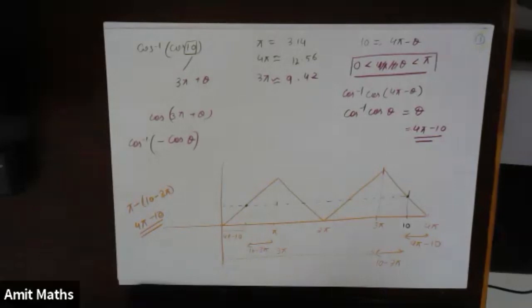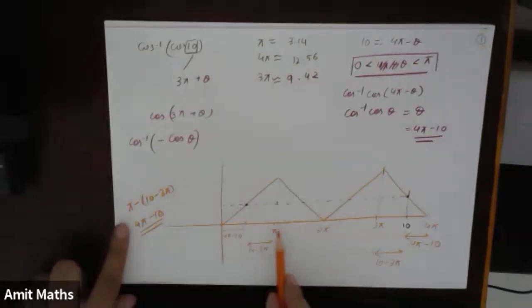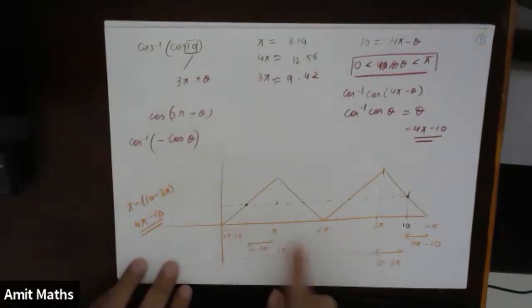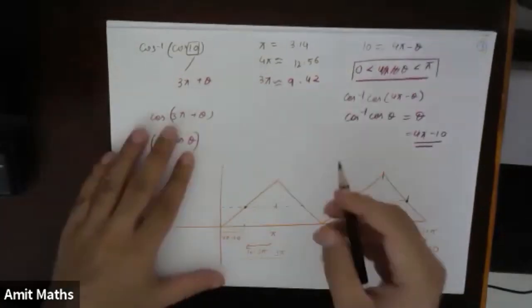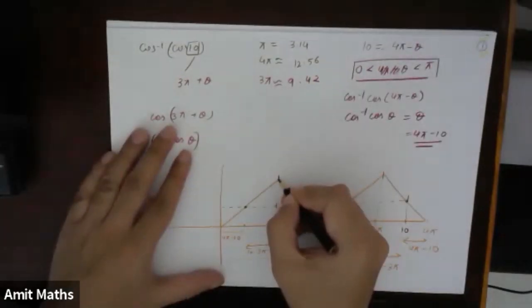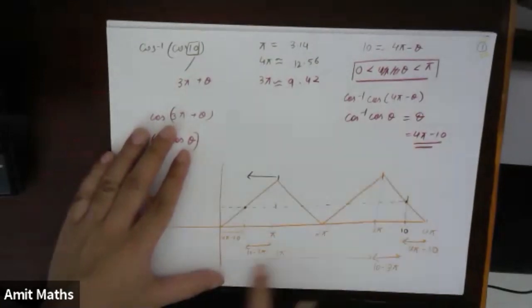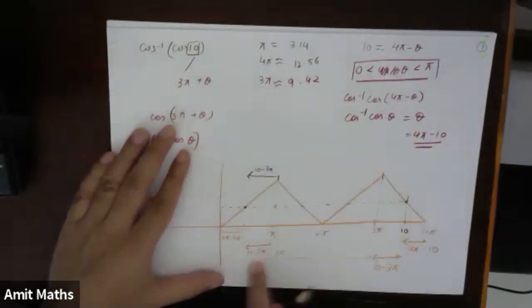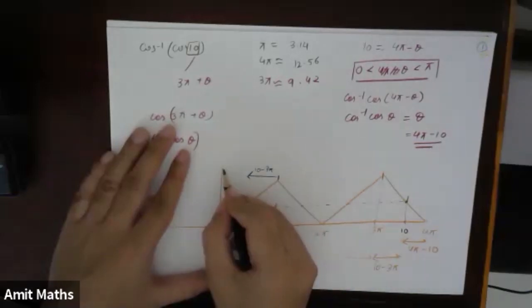I hope this part you understood, that how we are moving. Why pi minus? Why am I doing pi minus? From pi I am subtracting something because I have to move. So if I draw this, from this point I am moving in this direction, and how much am I moving? 10 minus 3 pi. So from this I am moving 10 minus 3 pi. So how much is left out here?